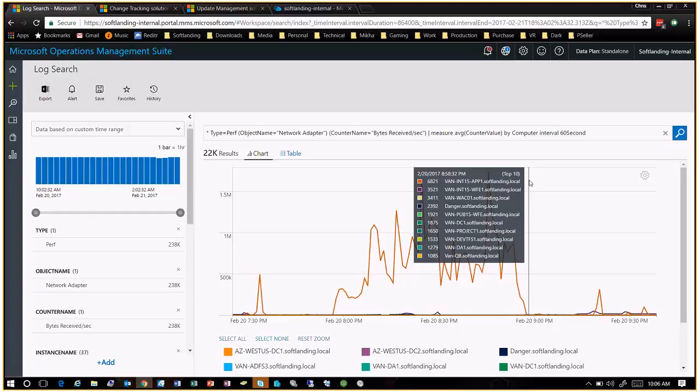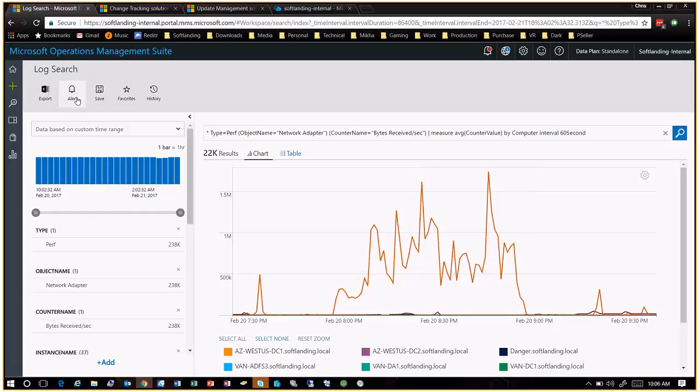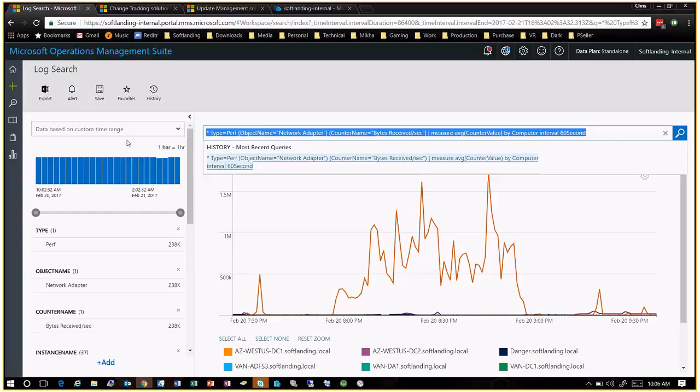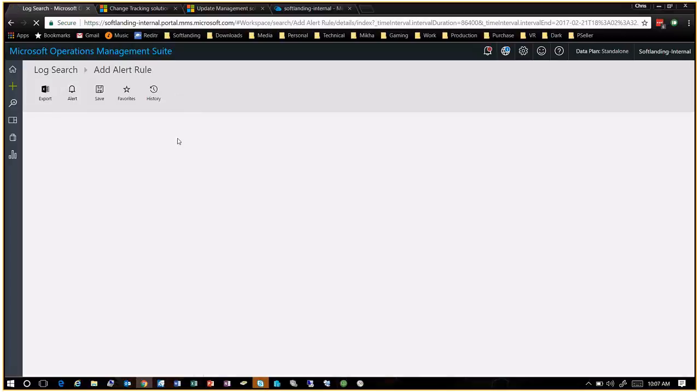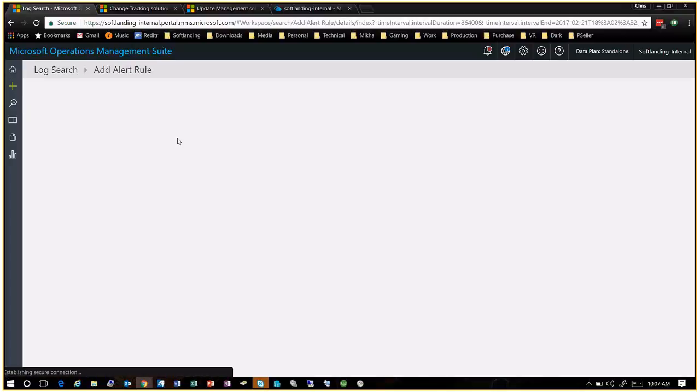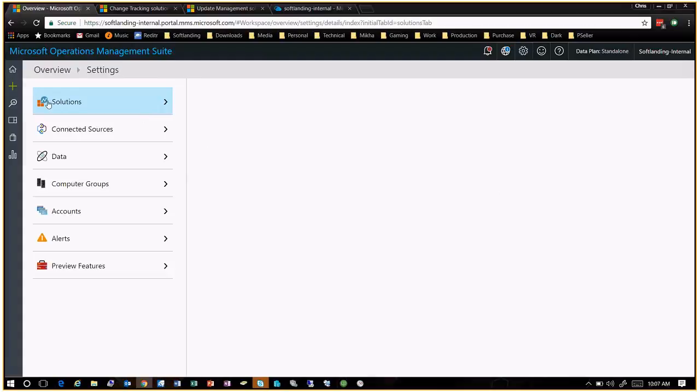Now, if you want to create your own alert, you can do so directly from the alerts pane here. When you produce some search criteria that you find valuable, you can click the alert button, and it will take that search criteria and turn it into an alert. Now, if we take a look at a sample alert based on something like high CPU utilization, I can just show you an example of how that would be done. So under the alerts node,